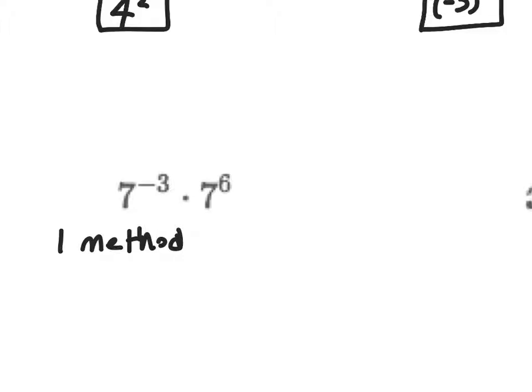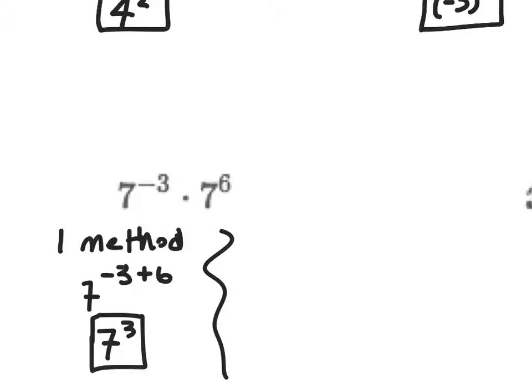And so this is going to give me 7 to the negative third plus 6. When I add them together, negative 3 plus 6 is just going to give me 3. So this is going to become 7 to the third. Now another way that I could do this, the second method,